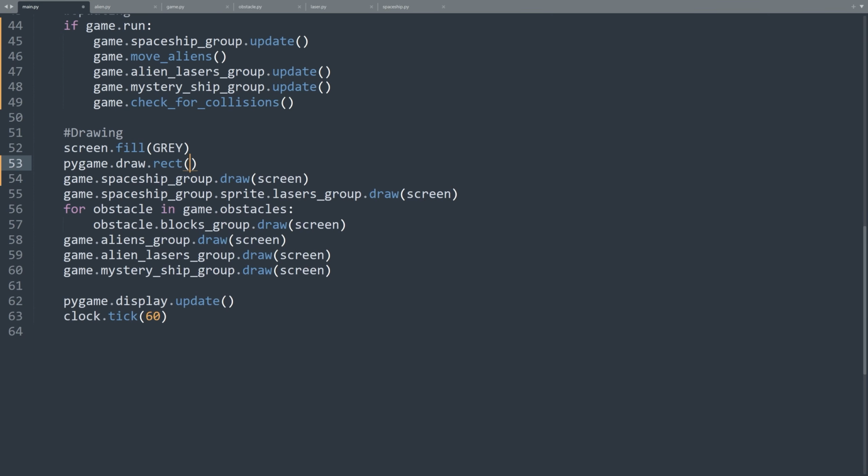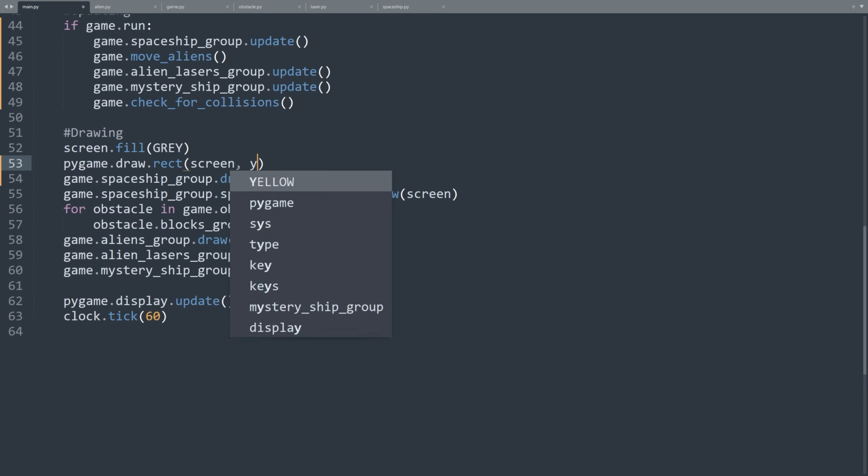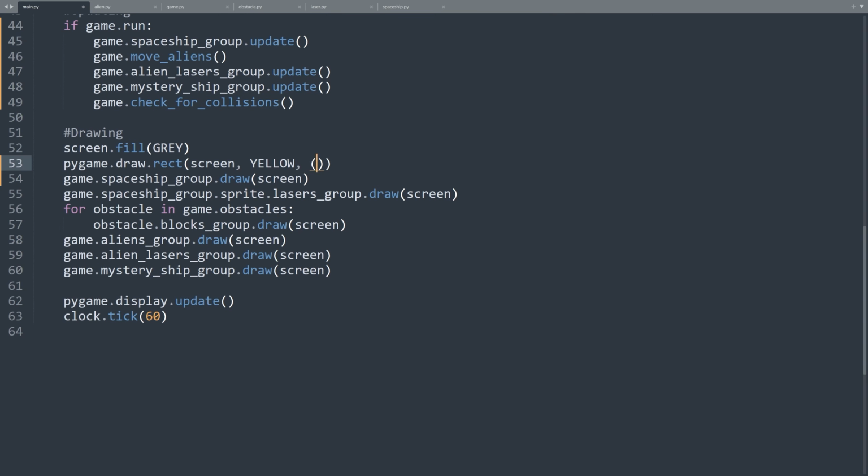Pygame.draw.rect parentheses screen, comma, yellow, comma, parentheses 10, 10, 780, 780, 2, 0, 60, 60, 60, 60.